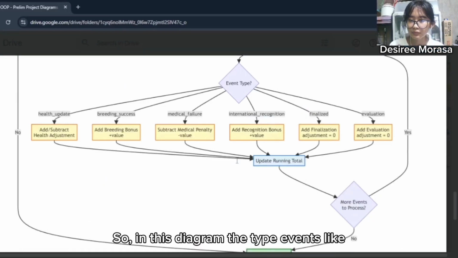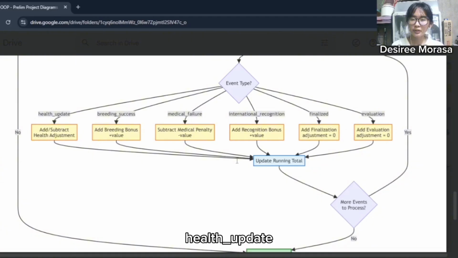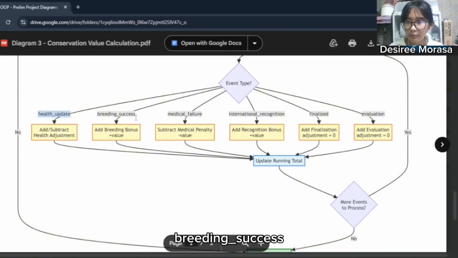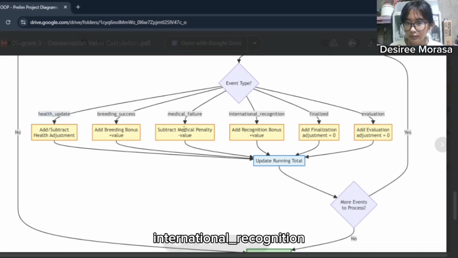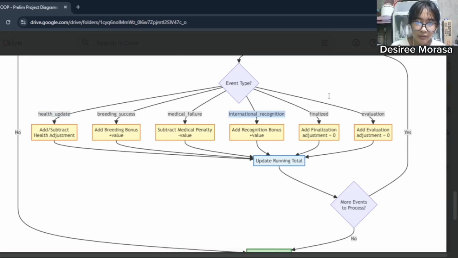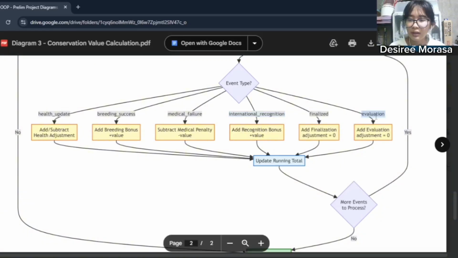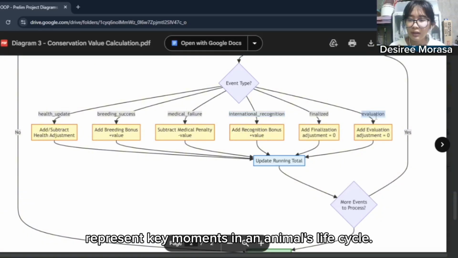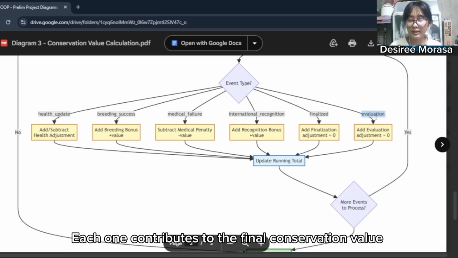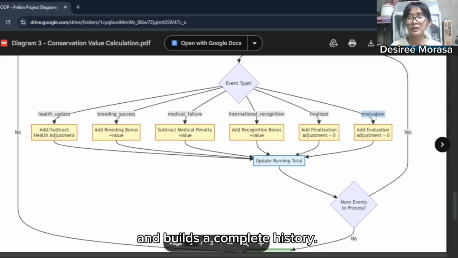In this diagram, the event types like health update, rehabilitation success, medical failure, international recognition, and final evaluation represent key moments in an animal's life cycle, and each one contributes to the final conservation value and builds a complete history.